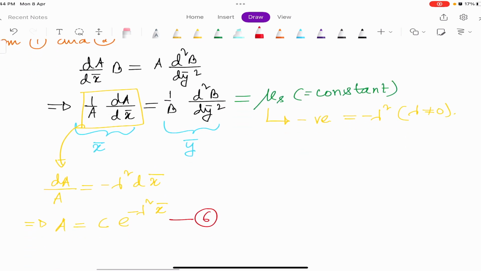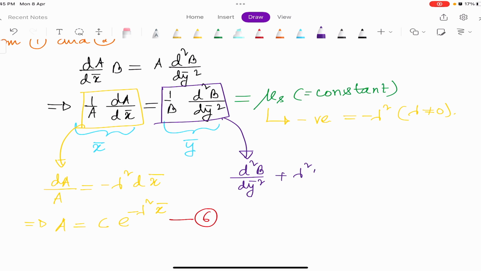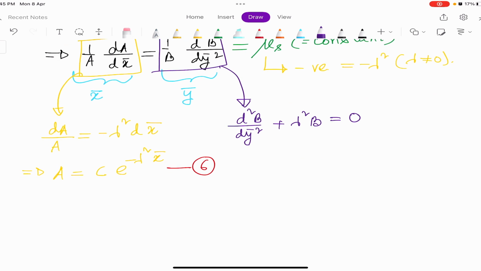So I think I have not done any mistake. Yes, I have not. So after that let us solve this equation for B. Now here is the main difference between the previous one, that is for the pipe one, and this one. Here the equation is much simpler. If you have done your course in differential equations, then you will come to know that this has a solution of B equal to some C1 sine of alpha y bar plus some C2 cos of